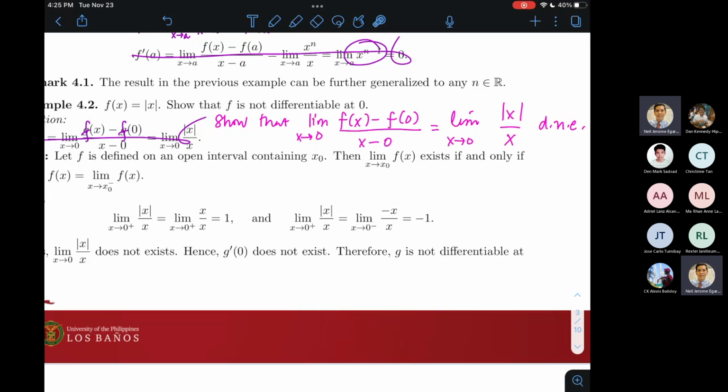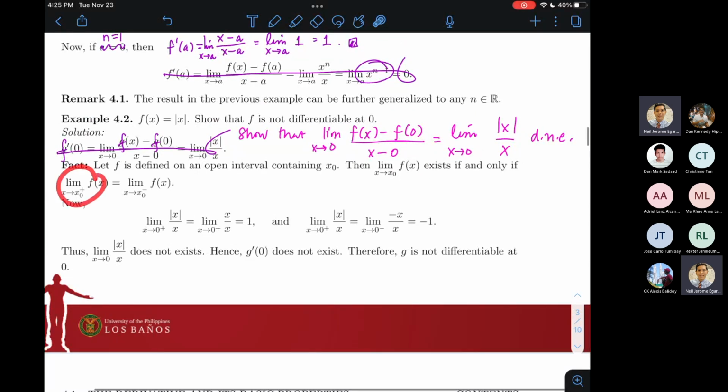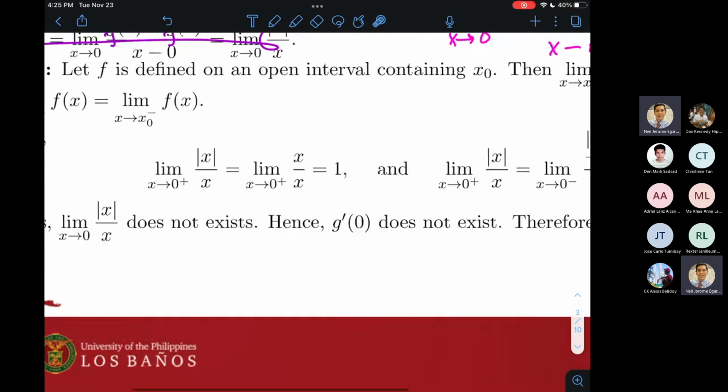So we know that if that is the case, then we can look at the limit from the left and the limit from the right. So that means the actual limit will exist if and only if the limit coming from the right is equal to the limit coming from the left. Okay? So pwede nating tingnan ano yung nangyayari mula sa kaliwa ni x of 0, which is 0, or ano yung nangyayari mula sa kanan ni 0. Okay? Let's start from the right first. Tingnan natin yung limit ng function na ini-investigate natin as x approaches 0 from the right.